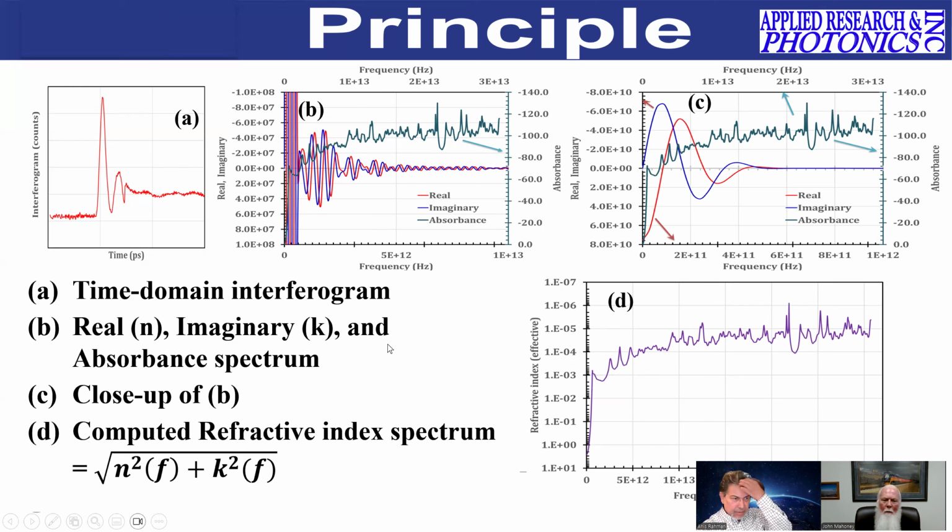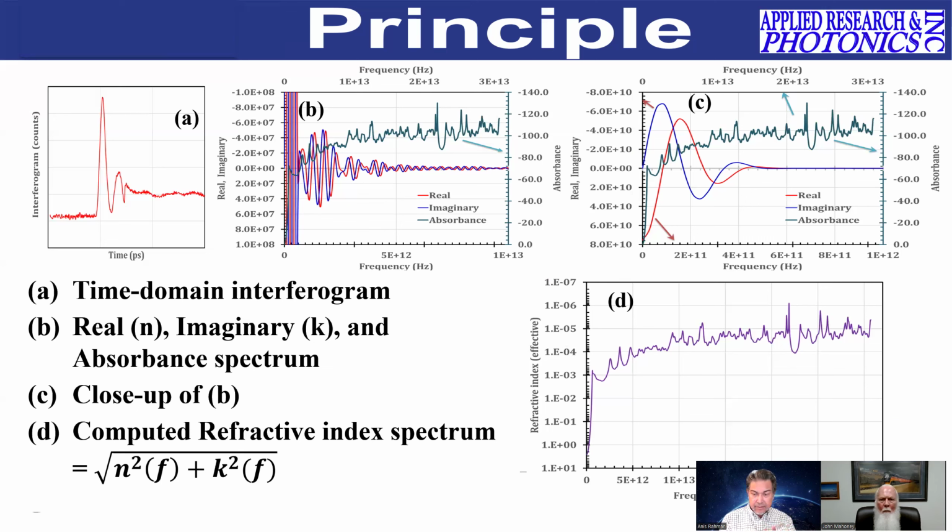So the total refractive index is N plus iK. I haven't written it down here, but if I want to get the refractive index, what we call an effective refractive index, then all we have to do is N square plus K square and the square root of that. And because it is a function of frequency, therefore we write function of frequency. Because for most measurements, we are not discriminating as a function of frequency. We take one point, but